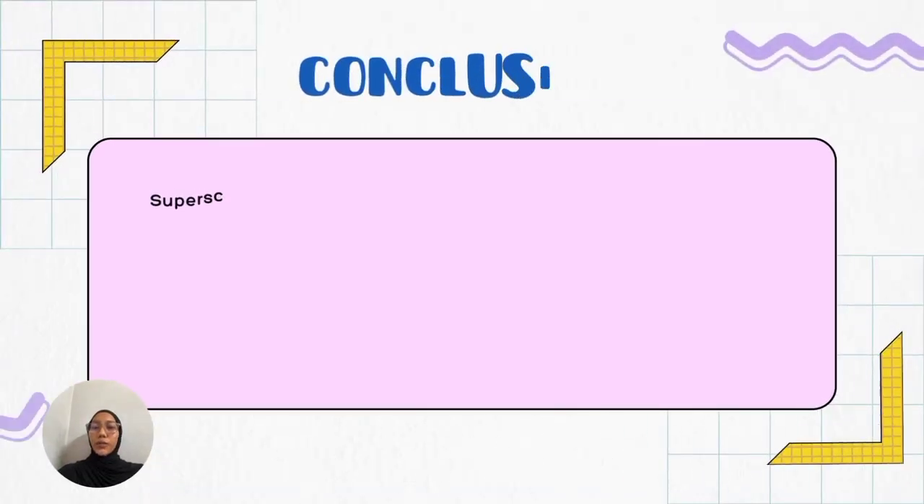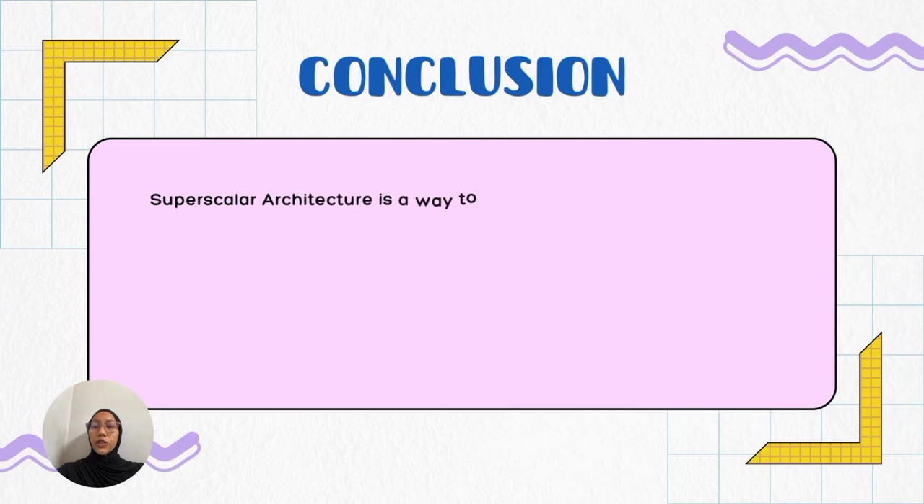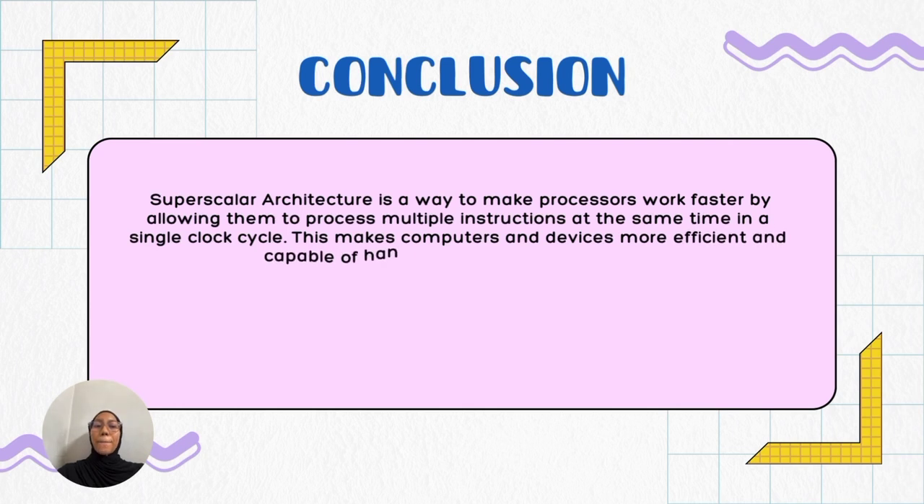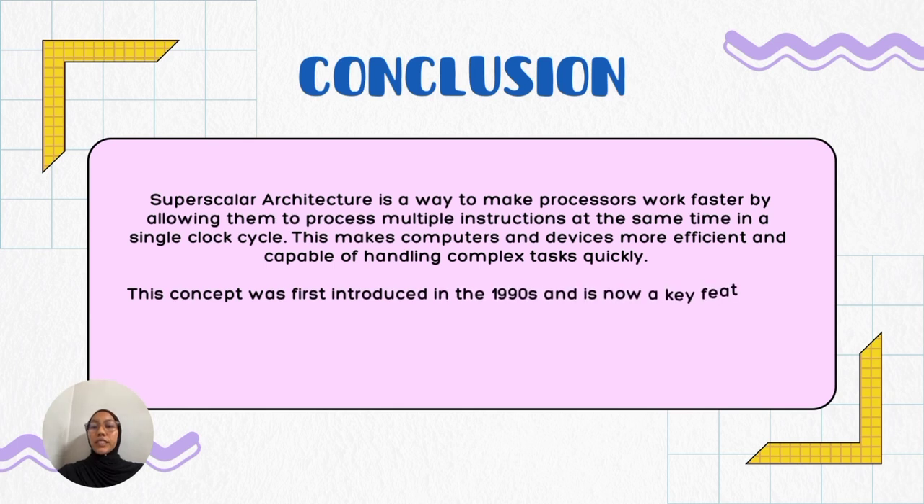The conclusion of Superscalar architecture. Superscalar architecture is a way to make processors work faster by allowing them to process multiple instructions at the same time in a single clock cycle. This makes computers and devices more efficient and capable of handling complex tasks quickly. This concept was first introduced in the